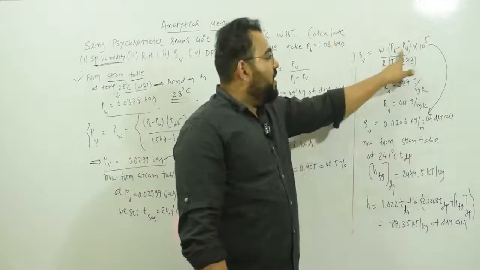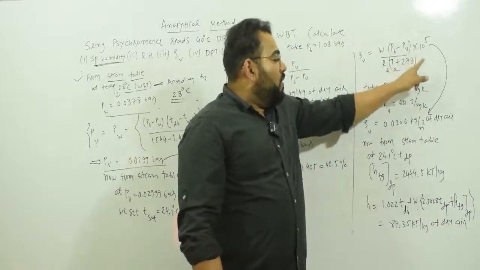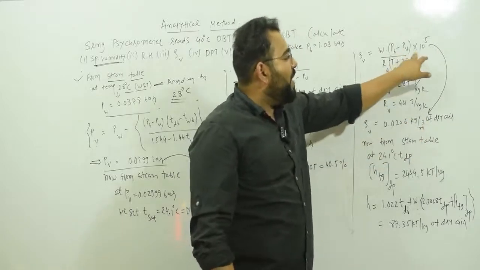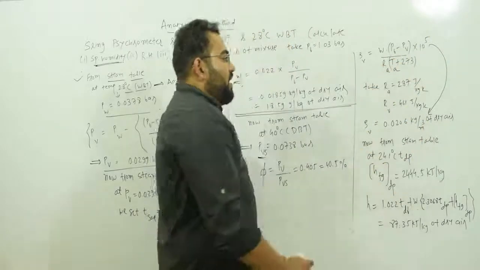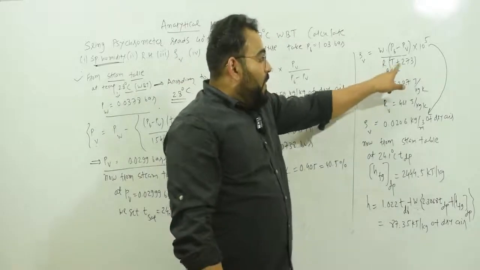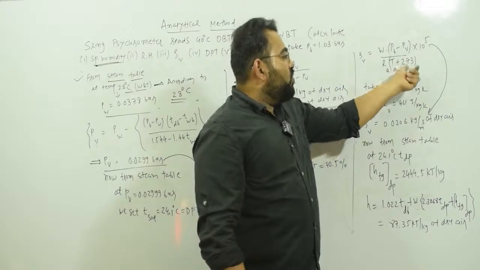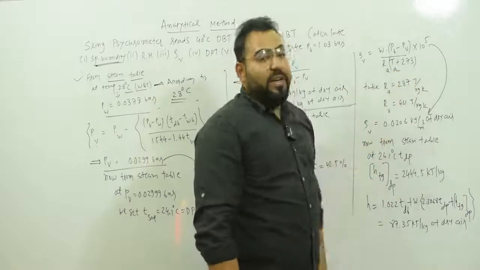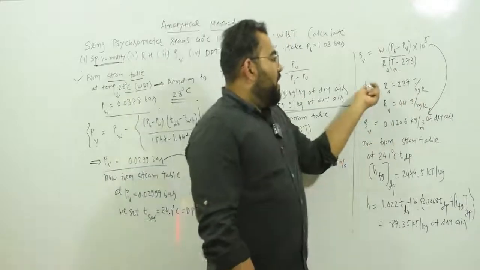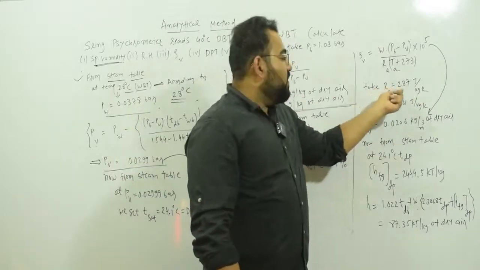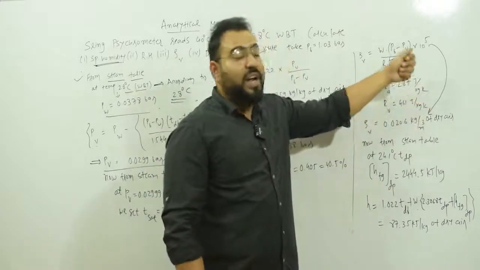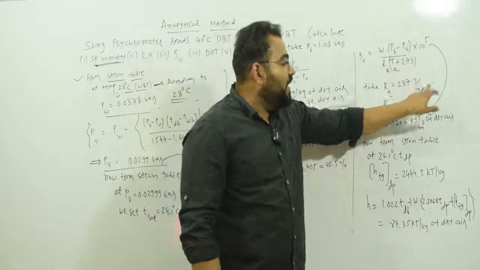Always remember, to get the unit in kg per meter cube, you have to multiply this bar value by 10 raised to 5, divided by Ra. Ra means the gas constant of dry air, into temperature Ta plus 273, that means we convert the temperature of air into Kelvin. Now the Ra value, which we have in kilojoule per kg Kelvin, is 0.287 kilojoule per kg Kelvin, but in joule per kg Kelvin it will be 287 joule per kg Kelvin.